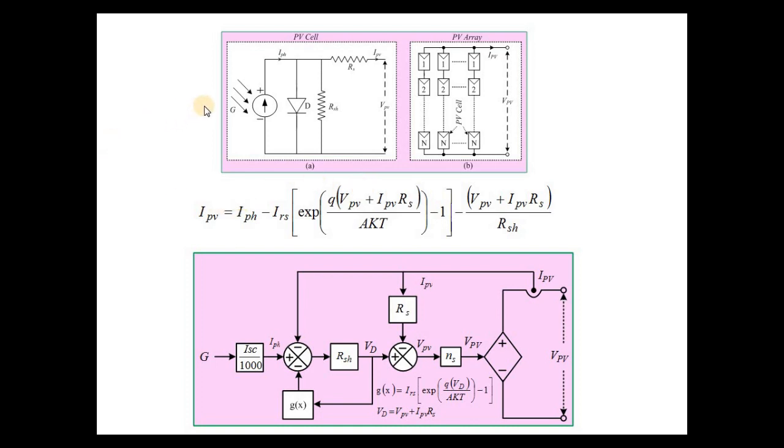In this video, I would like to explain about the voltage source converter based modeling. I mean my output is voltage and input is current. In another video, I will explain about the current source converter. But maximum people are thinking that it is the current source converter, so they're modeling based on the current source converter. But we can model the PV system with voltage source converter also.